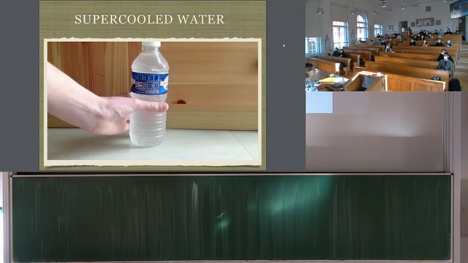So this was a video in the PDF on this computer. This is not a video. But you can actually do something like that at home. You need to be careful. Put a bottle of liquid water in the freezer. And if you do it carefully, the water will not freeze if it is clean enough. Then you take it out of the freezer and tap it, like this. And then it will suddenly freeze, and you will see the ice growing from one side to the other.